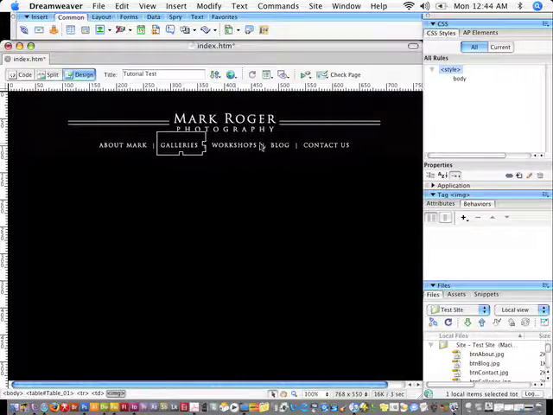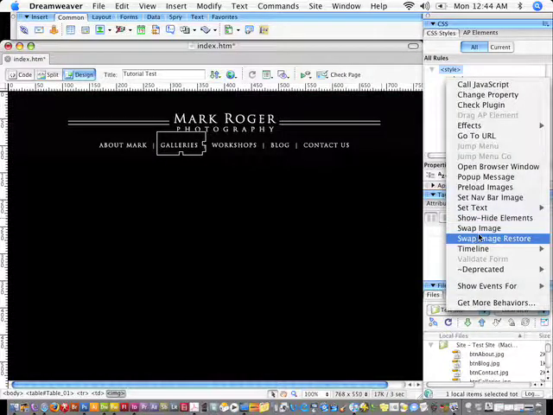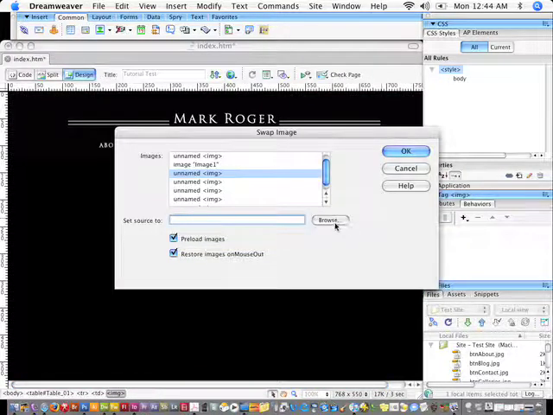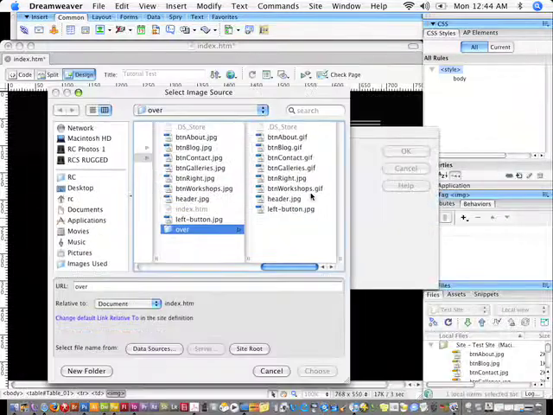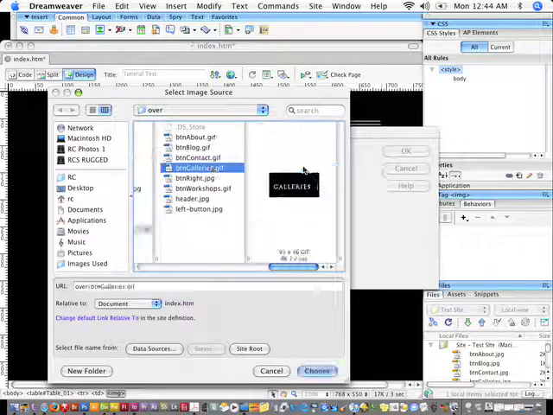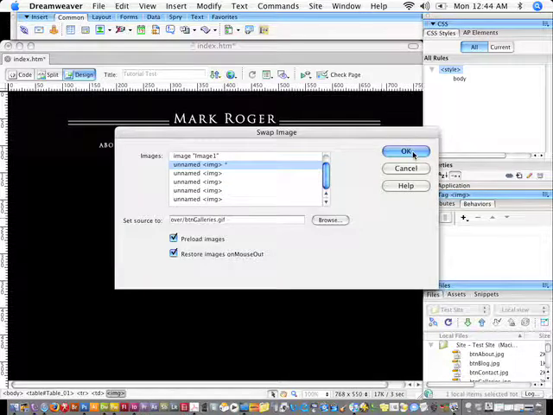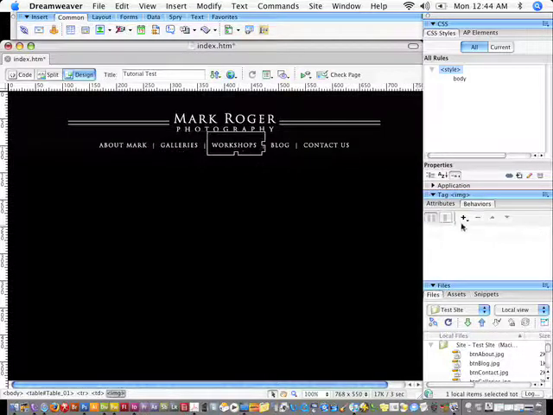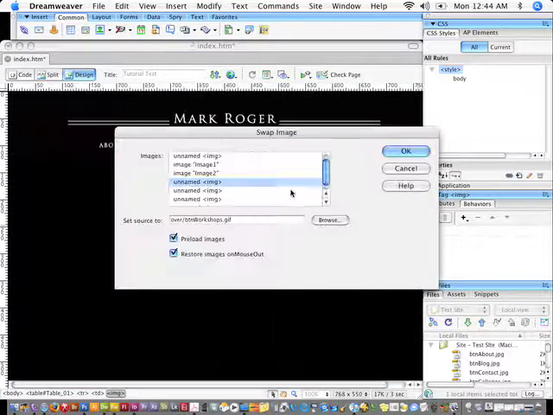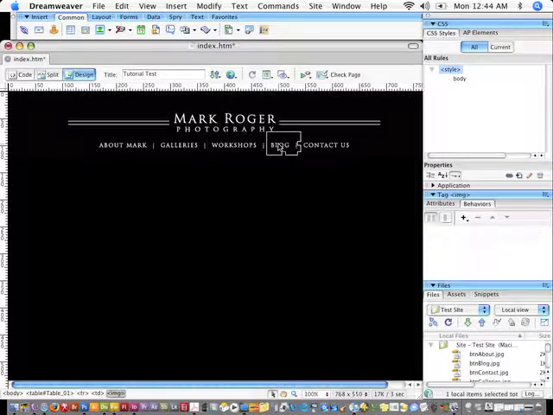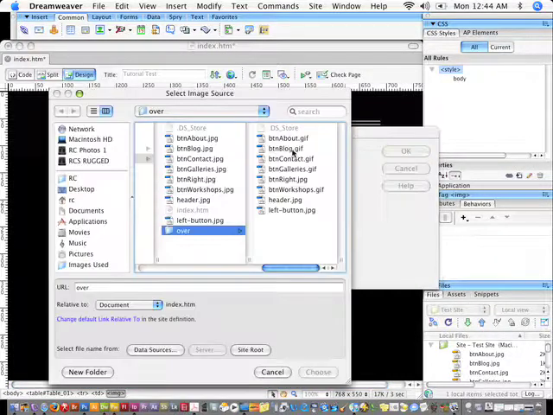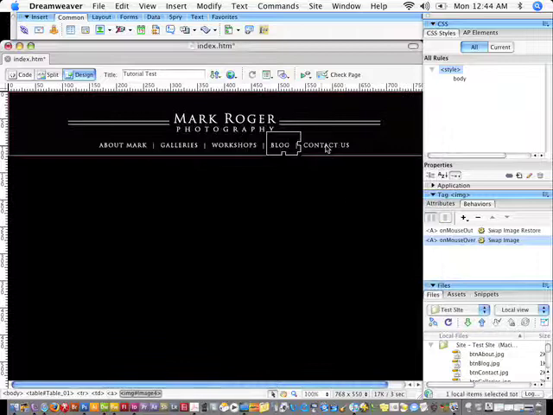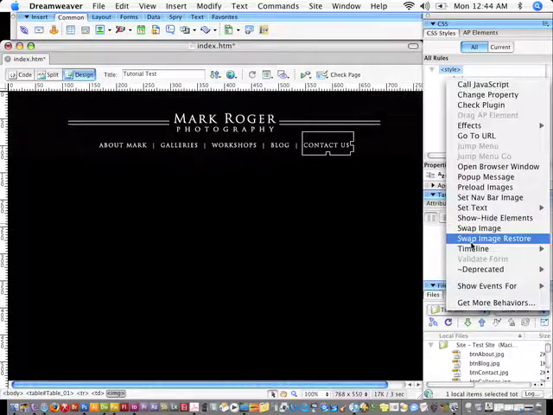And I'll proceed to do this for all of the other ones. So gallery, I'm going to add the swap image. I'm going to browse. And what did I say this was? I said this was galleries. So I'll click on galleries and I'll click OK. I'll go to workshops, swap that image, browse, go to workshops. I'll go to blog, swap image, double click on blog, and the last one is going to be